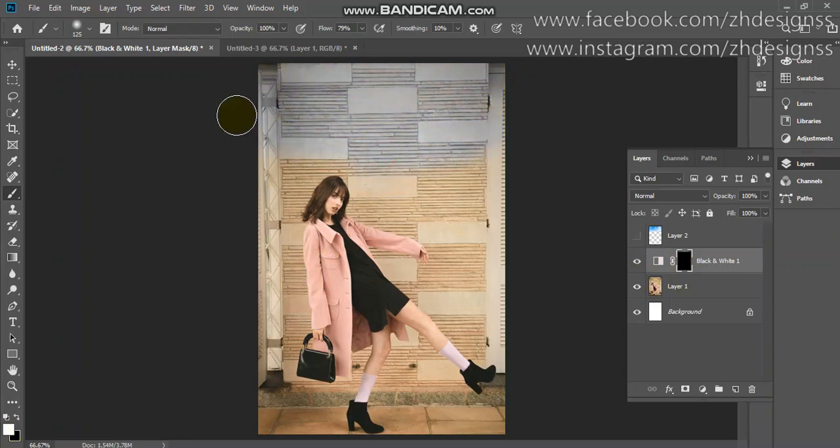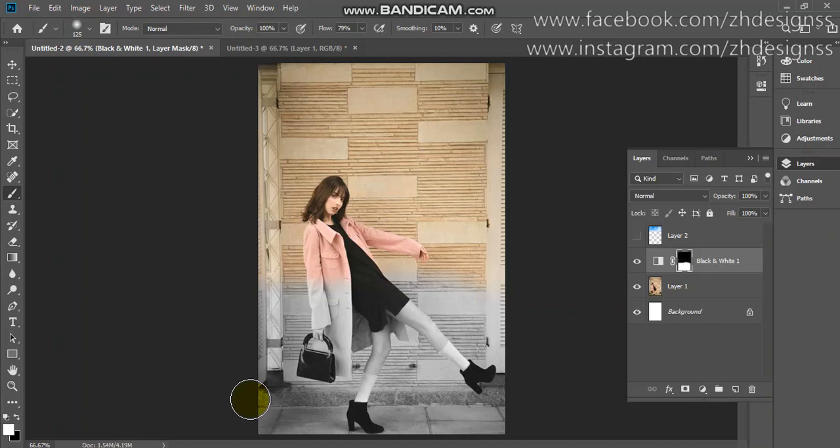Here you can see how cool that is. And now if I press Control I or Command I, it will invert it. As you can see, my effect has been inverted.